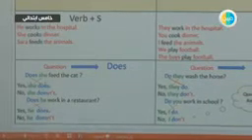Now how do we answer these simple questions? We answer with yes or no. And of course, we just put the pronoun in front of the helping verb. So we say, does she? It will become she does. Yes, she does. Just put the pronoun at the beginning and the helping verb at the end. Now when we answer with no, we must add not. So she doesn't. This is an abbreviation, short form, okay? She does not or